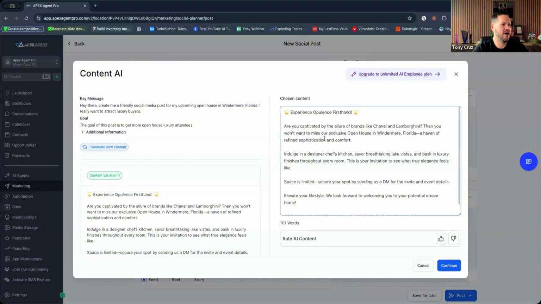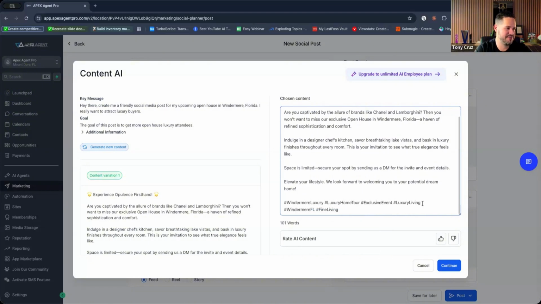All right. Experience opulence firsthand. Man, I haven't heard the word opulence used since Selling Sunset. Honestly, are you captivated by the allure of brands like Chanel, Lamborghini? Then you won't want to miss this exclusive open house in Windermere, Florida, a haven of refined sophistication. Damn, this is actually pretty good. So I like it. So now I like this post, but Tony,